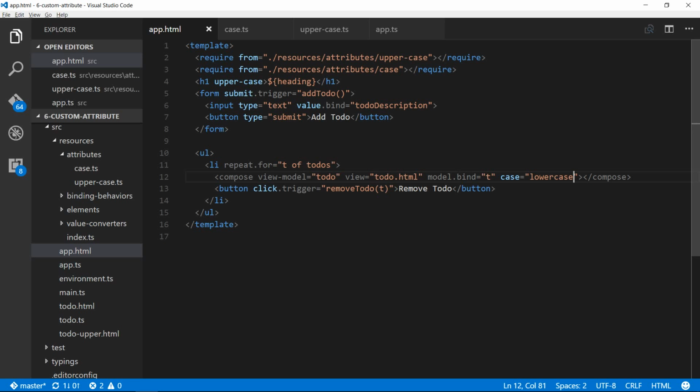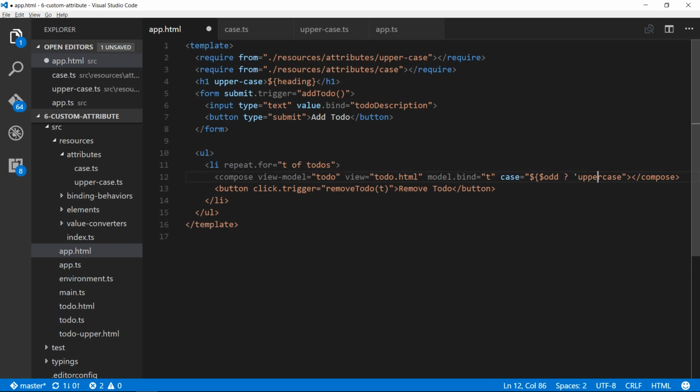And we will also use the pseudo property named $odd and $even that will check if the index of the element is odd or even. Since we are enumerating the list of to-dos, we only have two to-dos. The first element is going to be even because 0 will return even and then 1 will return odd. So what I'm going to do is use a dollar string interpolation syntax, and I'm going to just use the $odd property, and I'm going to show the odd row or odd values in uppercase,